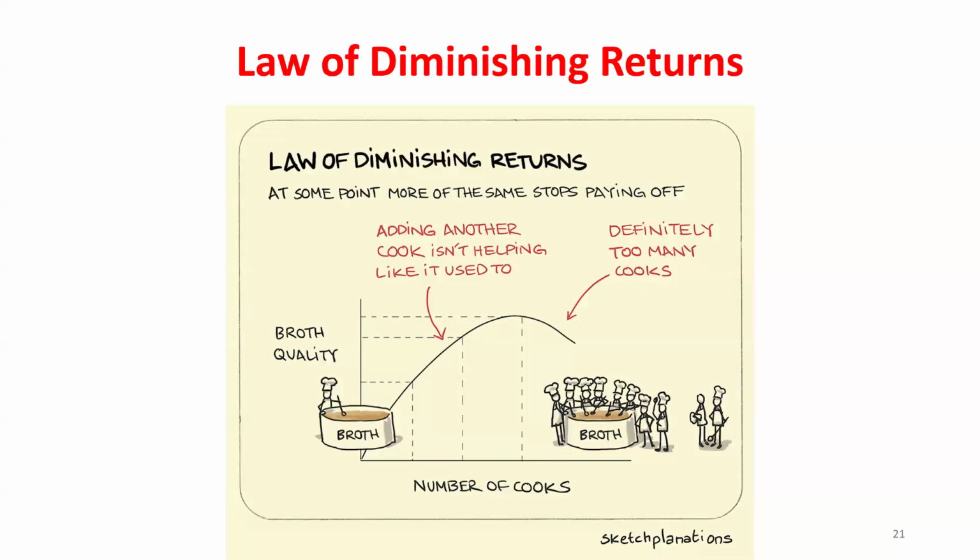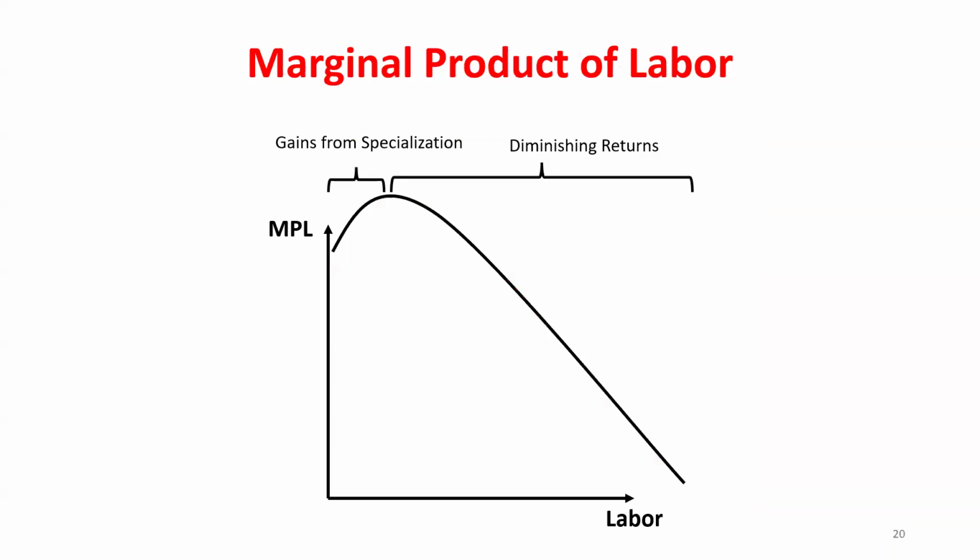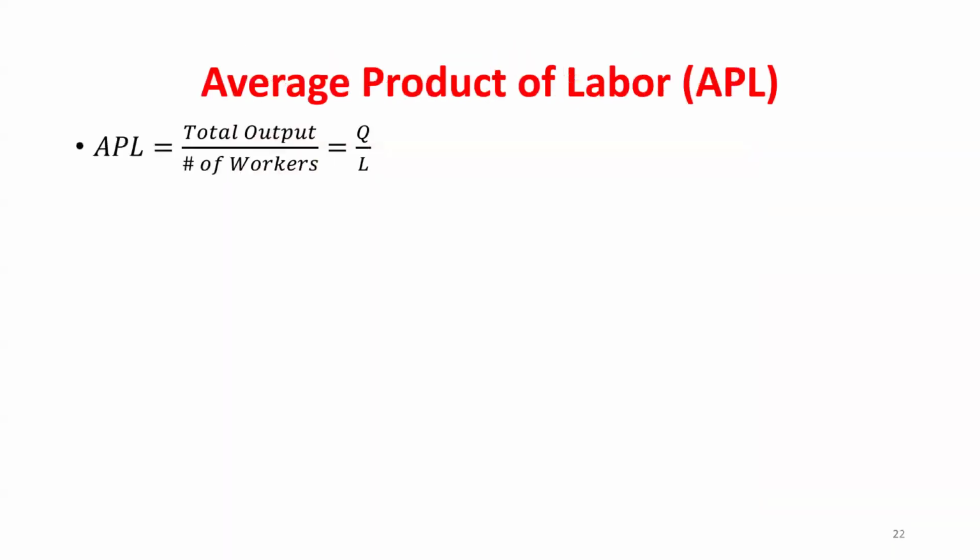And in reality, we won't dive into this in this module, but eventually we'll think about how much additional output am I getting compared to how much it costs me to hire that worker, right? So we're really only going to be looking at marginal products of labor that are positive. That doesn't make sense to look at the negative values, okay?